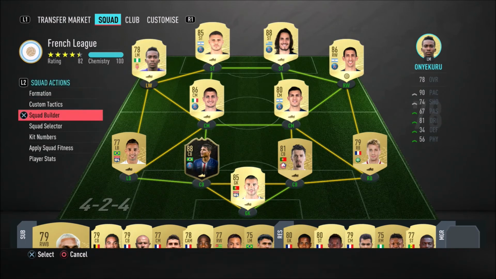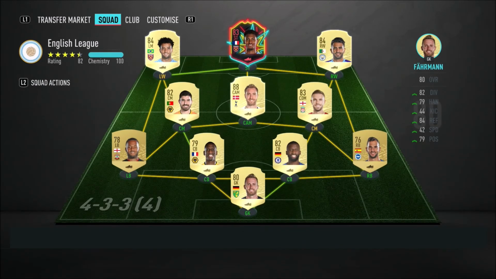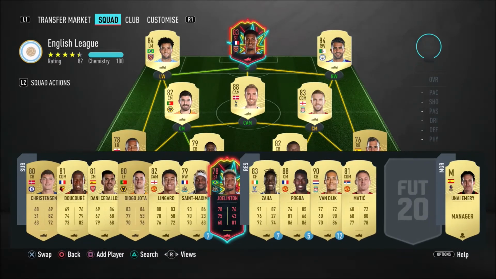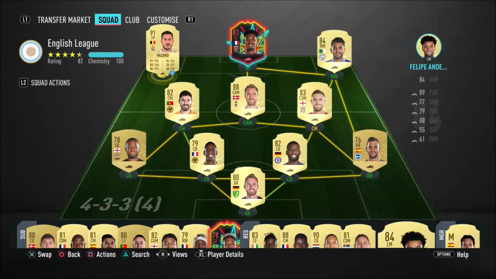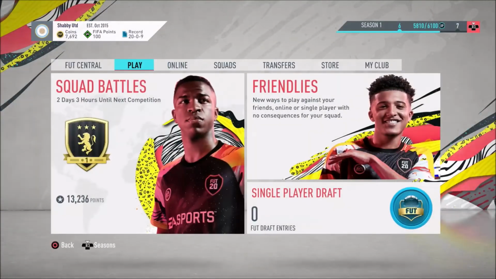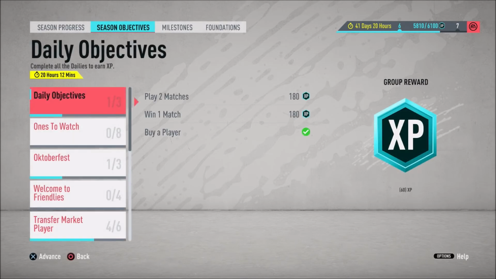So next we're going to go to our squad selector. We're going to go to the BPL, and what we're going to do is go into some games. We need to put Eden Hazard in the team so we can complete those missions. We need to assist 2 goals with Hazard. We need to score a finesse shot with Hazard. So he's not going to get any chemistry in this game, but if we go into season objectives,